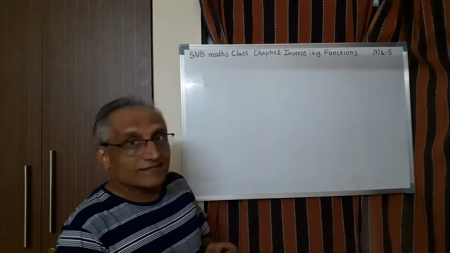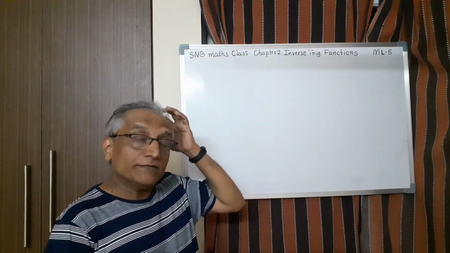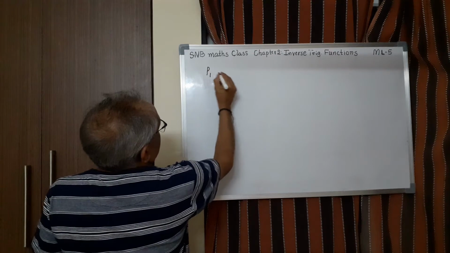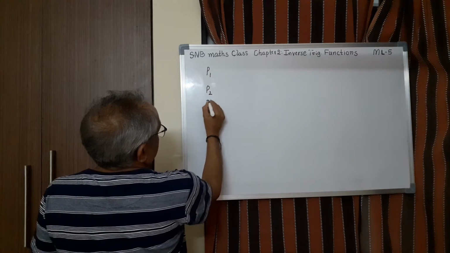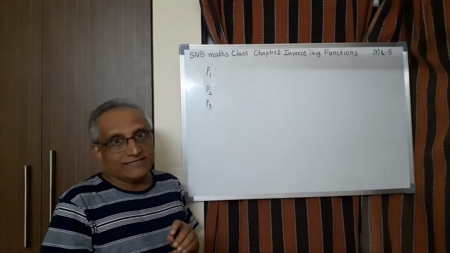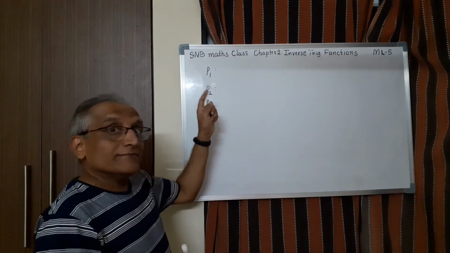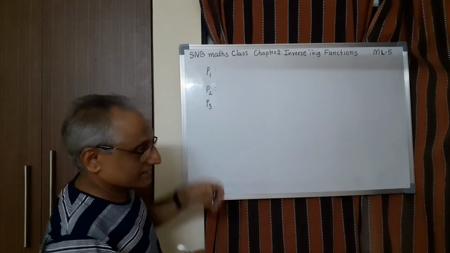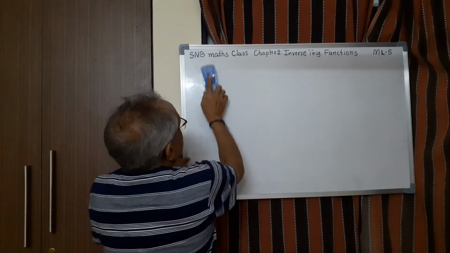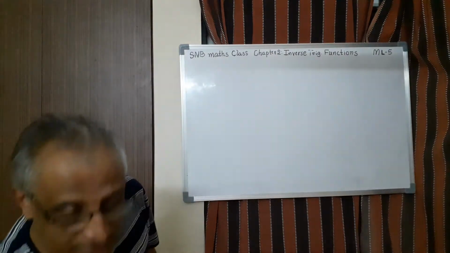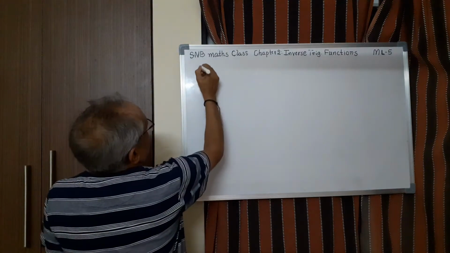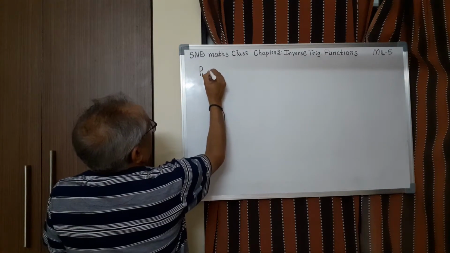In the last class, we have studied three important properties and I named them P1, P2 and P3. One is related to x and 1 by x. Another one is related to minus x. So there are three sets here, related to sine, cosecant and cot, and cos, cot and tan, and cos, secant and cot. So today let us study the next property, that is P4, property number 4.